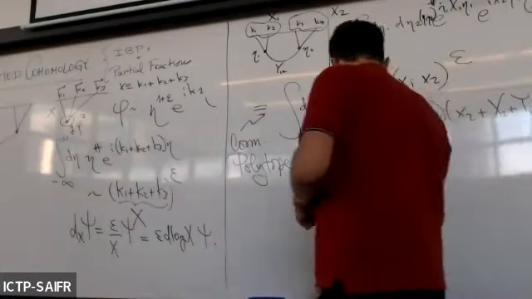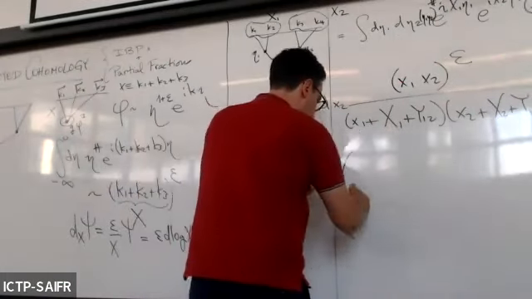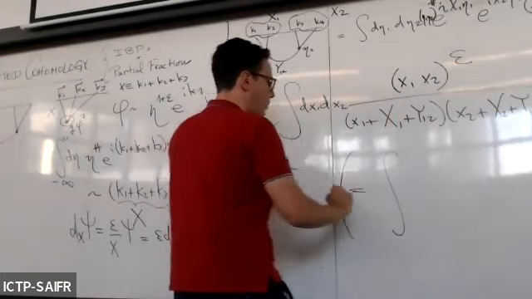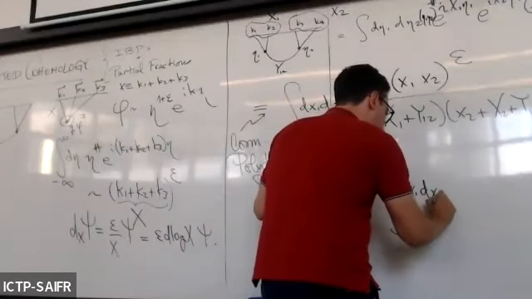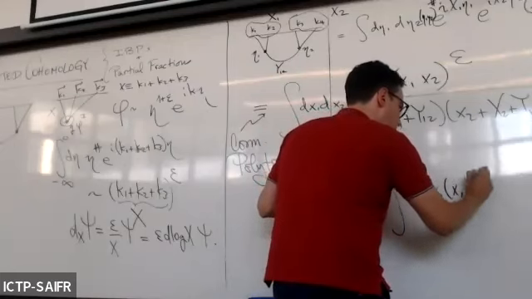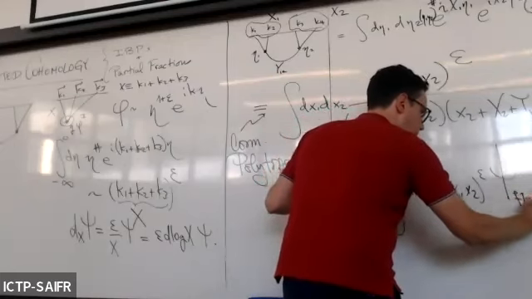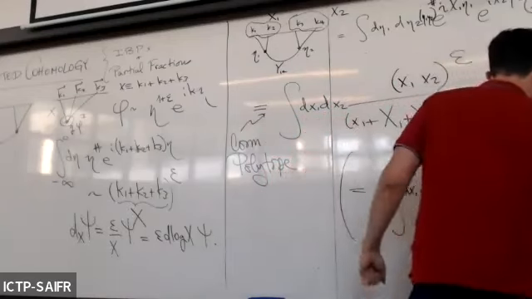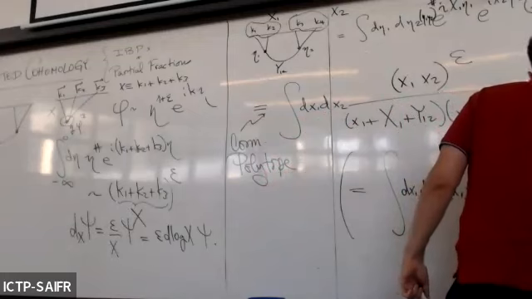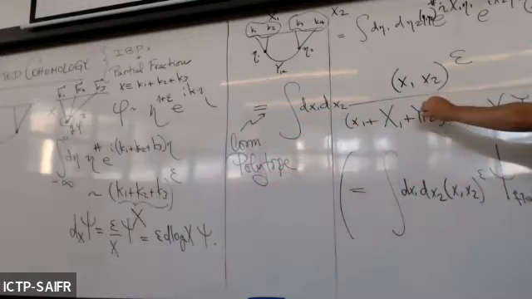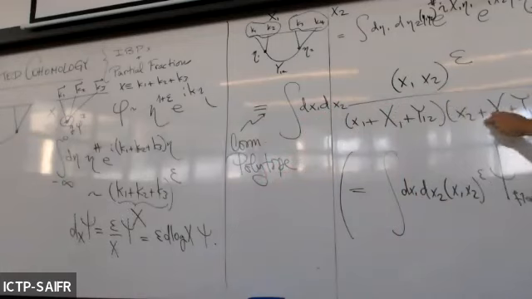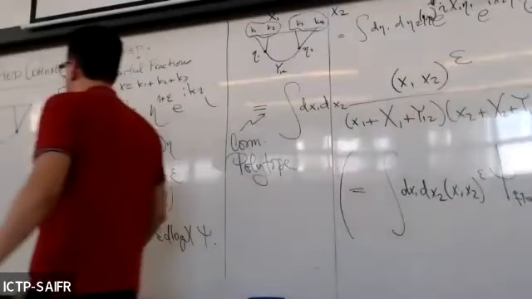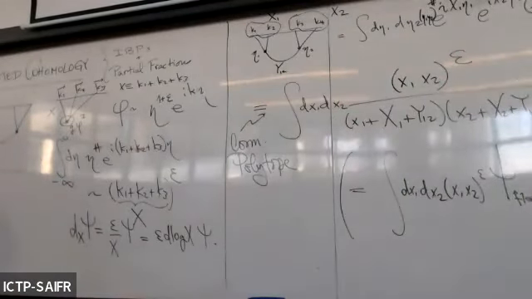And in fact, this is a parenthesis for the aficionados. You can also rewrite this like this: the dx1, the dx2, and then there's a measure, and then you write the flat space answer for the wave function where you shift the X_i to X_i plus x_i. Meaning that this integrand here, this rational function, when you set the little x's to 0, is the flat space answer. So if I did the computation in flat space, the answer is literally this: 1 over (X1 plus y1,2)(X2 plus y1,2)(X1 plus X2).